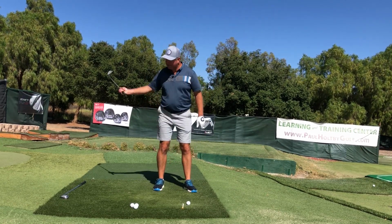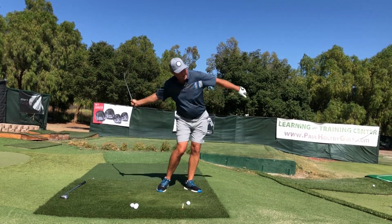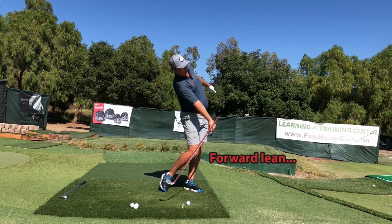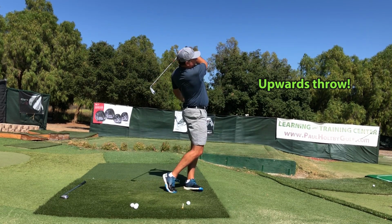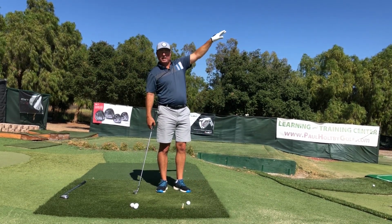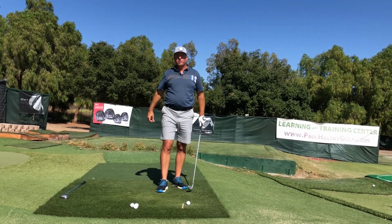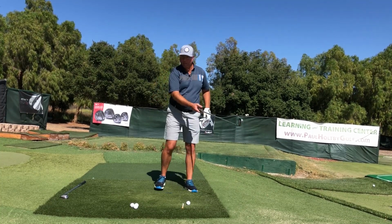I think what you should be feeling instead is coming under with the right shoulder this way, and feel like you're throwing the club high up into the air. If you were going to let it go, you'd really throw a big high helicopter down the fairway like that. The difference is you're still going to have forward lean and a down strike because of your